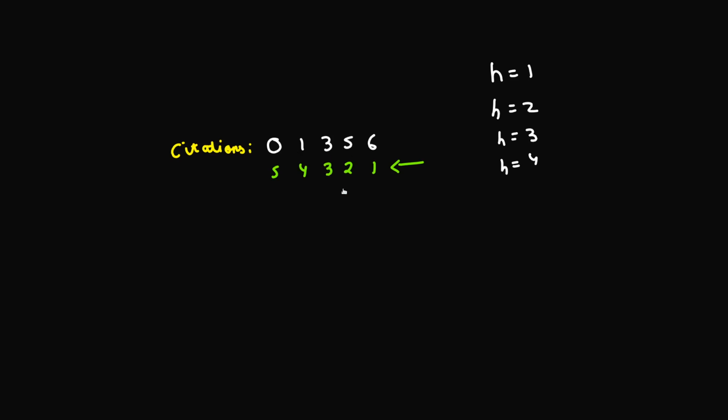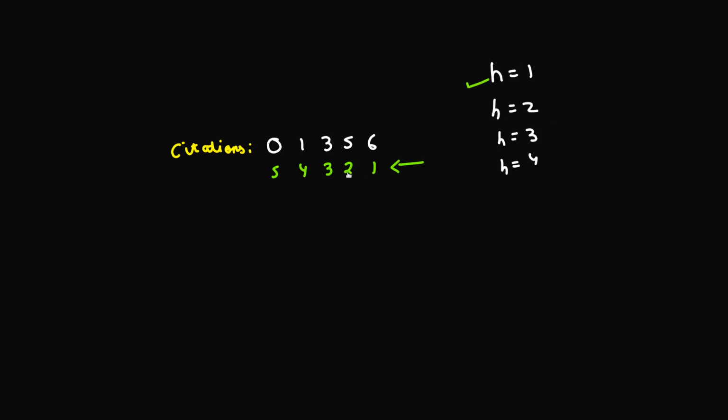Okay. And what we'll be doing is seeing whether, if I want H equal to 1 as the answer, that means if I have H index as 1, just consider the last entry. Is this greater than or equal to 1? Yes. So we just consider the last first entry. If that is greater than or equal to 1, then H equal to 1 is possible as an H index. So that's a valid entry. Okay. Consider H equal to 2.